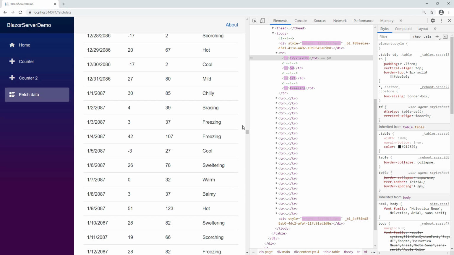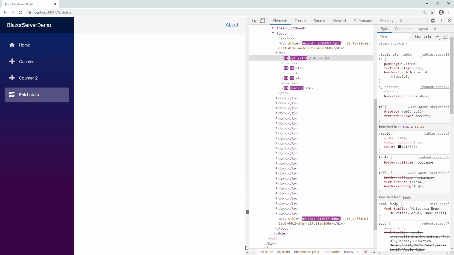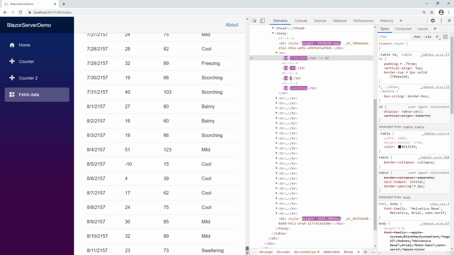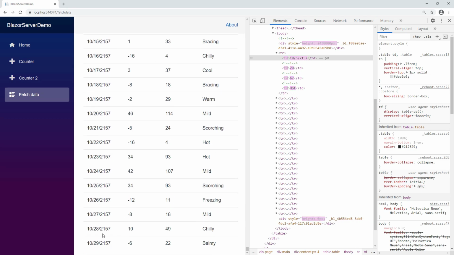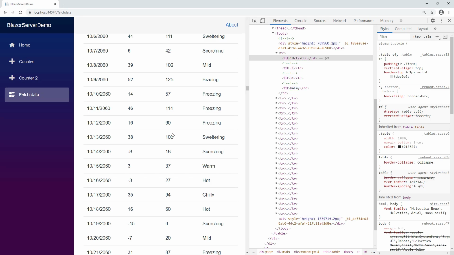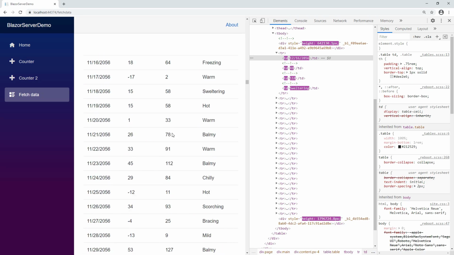Notice how when I scroll, it doesn't quite scroll how I expect it to because it's trying to keep up. But my goodness, it is. All right, so we're down to, there's the last entry right there, even though we only loaded a few at a time. So super responsive. If I hit the page up button, I can just crank through these and it renders them